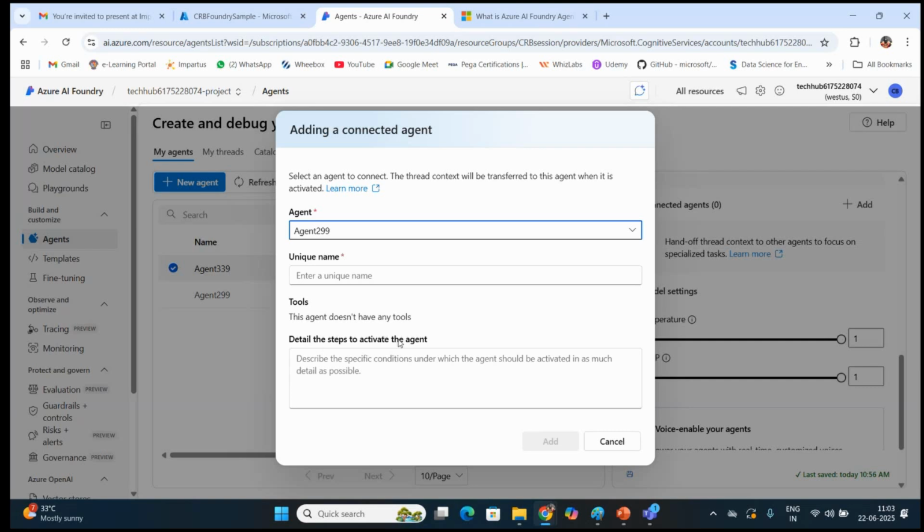And what are the different ways to activate that particular agent? Like you have to go and call this particular thing, or if a prompt says that a trip is being planned, then you should call the trip advisor agent. So these are the kinds of things it can have, right? Those kinds of descriptions can be added here.